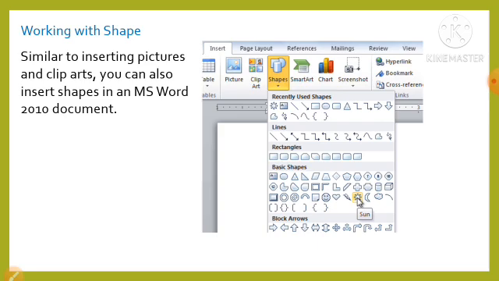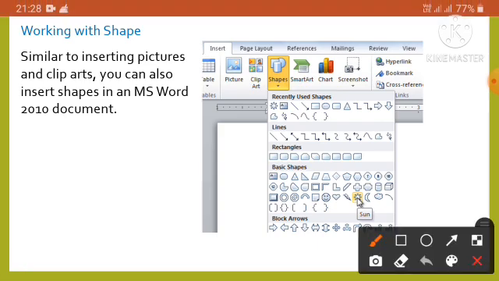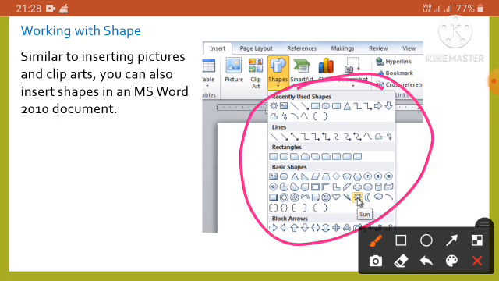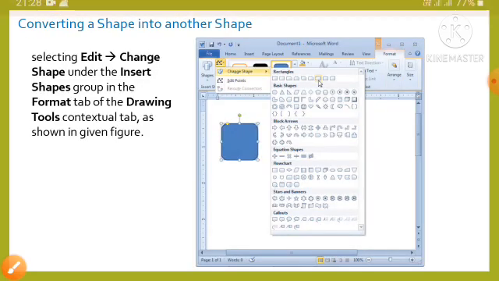So we can insert the shape from the drop down list as shown here. We can use this drop down list by clicking the Shapes button under the Illustrations group of the Insert tab.